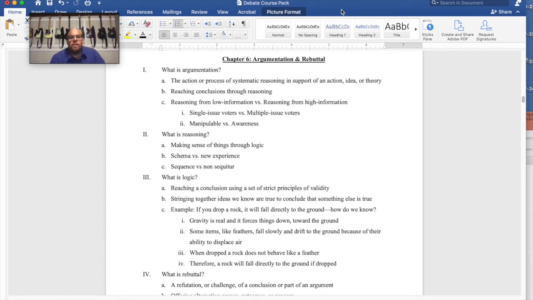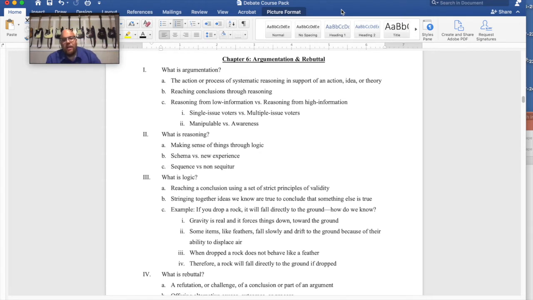Now, if we think about applying this to the election year that we're in, some voters will just vote on a knee-jerk reaction. So, oh, well, I'm a liberal, so I will vote for someone closer to where I see myself. Oh, I'm a conservative, I'll vote on this side. Republican, Democrat, that kind of thing. Now, when you think about reasoning from low information or high information positions, this is when the voter at least applies some reasoning to their decision making.